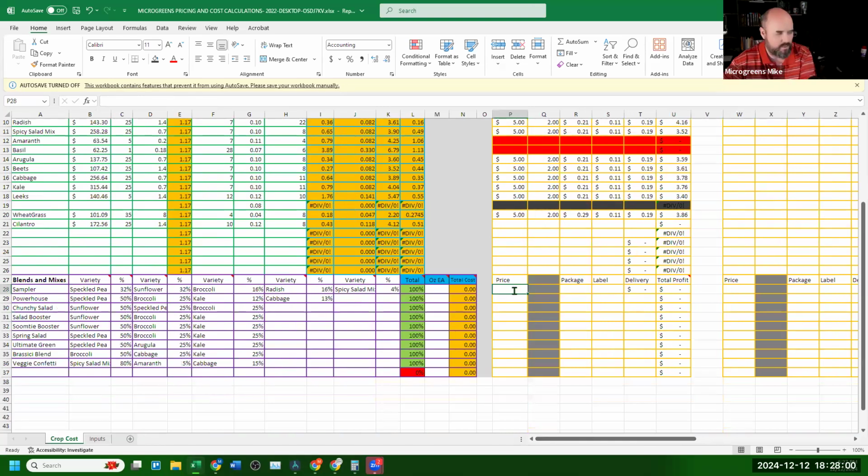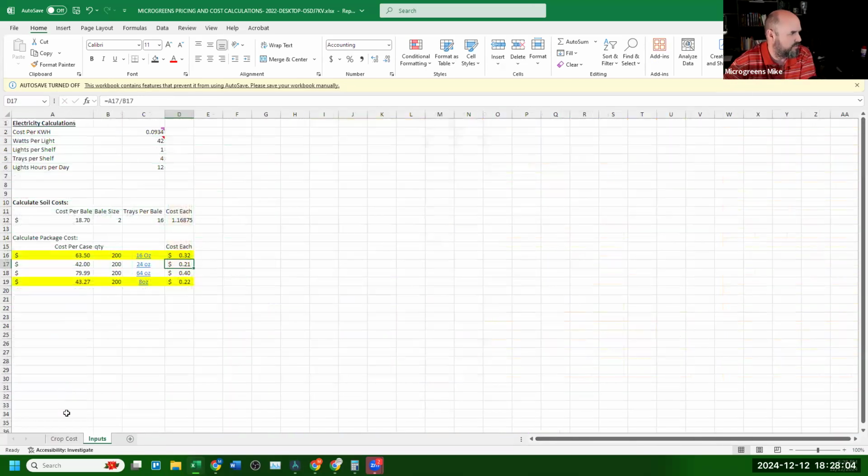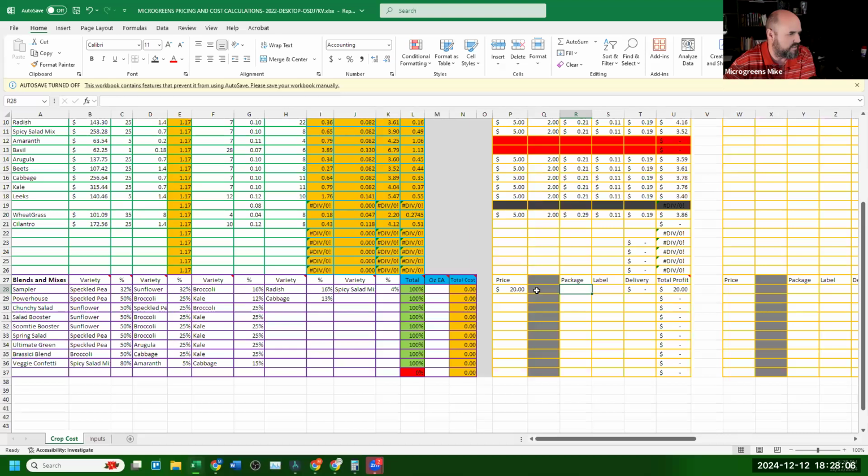So the sampler, we still are charging $20 for that. That's in the 64-ounce container. So that is 40 cents for that. Not bad. The label, still the same label, 11. Still going to be same delivery. So making $19.30 off of $20. Pretty good. The Powerhouse is $5. I think all the rest of this is $5